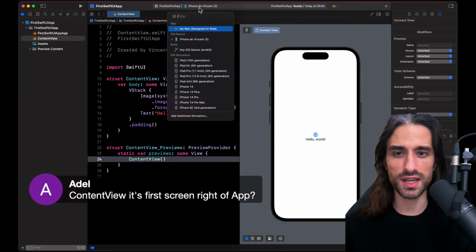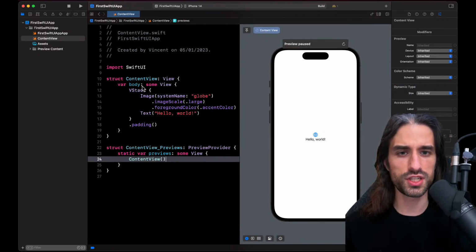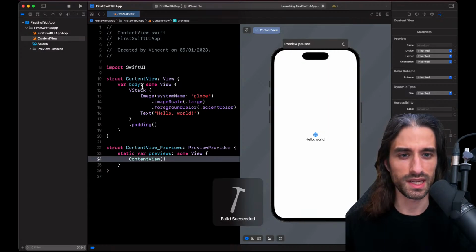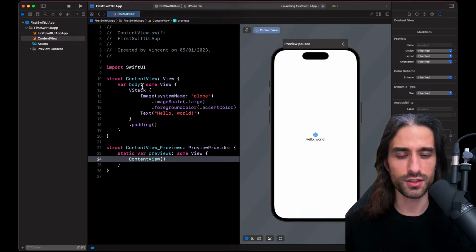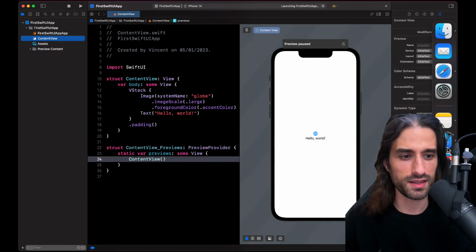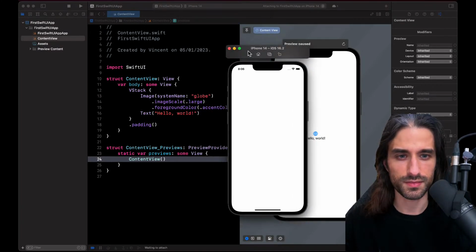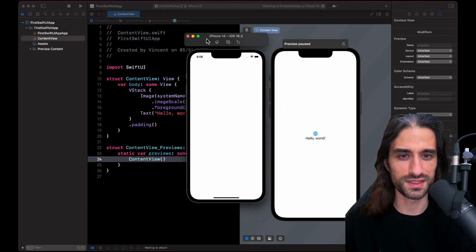Actually, I'm going to run the app in the simulator. So I'm going to take an iPhone 14 simulator and launch the app in the simulator. It's going to take a few seconds for the simulator to boot. I just want to show you what it looks like when you launch the app, but of course, as you've probably already guessed, it's going to look exactly like the preview because, as we've seen, the app displays the content view, and the content view looks like this. So let me see, is the simulator ready? It's booting up. Okay. So I'm going to put it next to the preview.